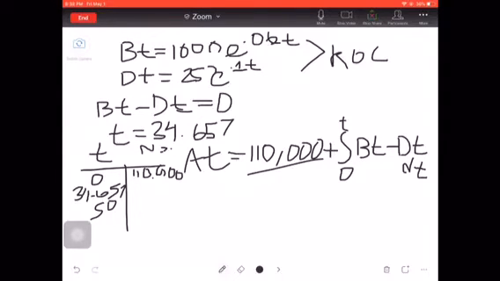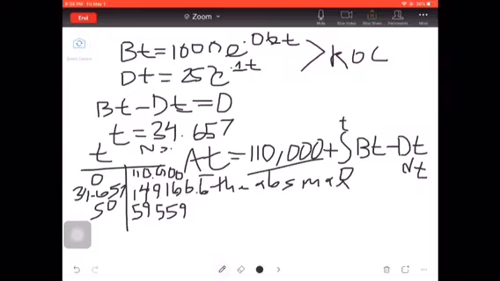And then for 34, we have 149,166.6 repeating. So sorry, my handwriting isn't too good. And then for 50, we have 59,559. So the max frog,